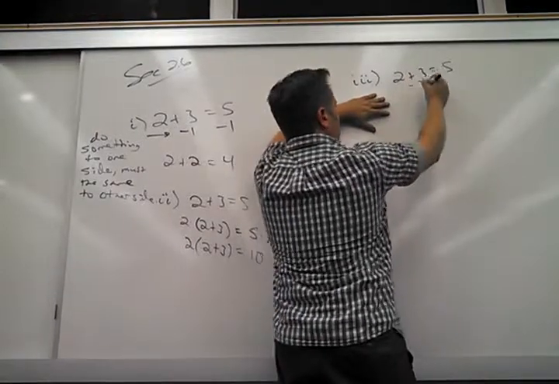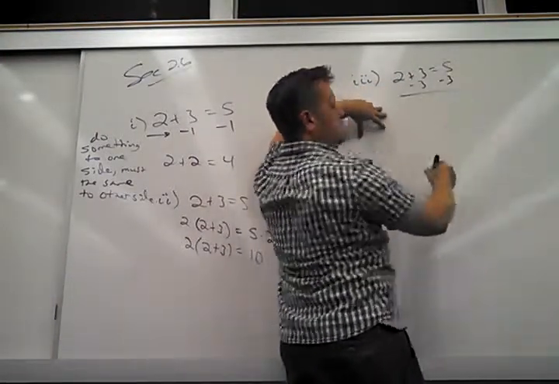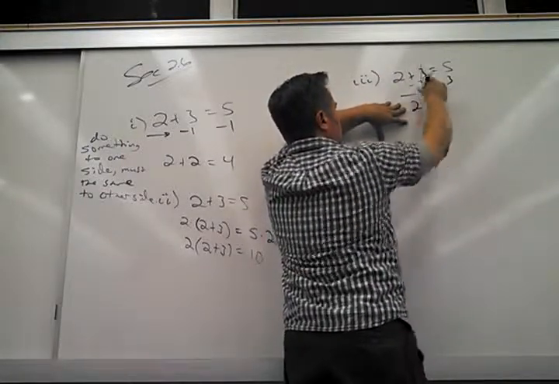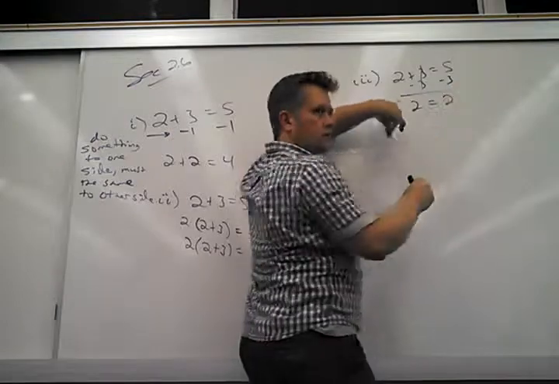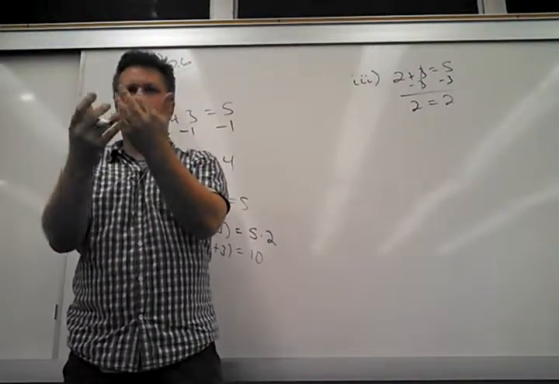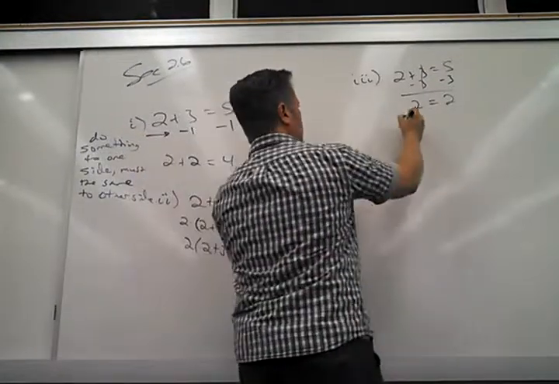If I subtract 3 from this side, I better subtract 3 from this side, and then I end up with this incredible statement. It says 2 equals 2. Neato. So that's almost too simple. You guys are all like, wow, this is incredible, Jeff. How did you do that? So here's the